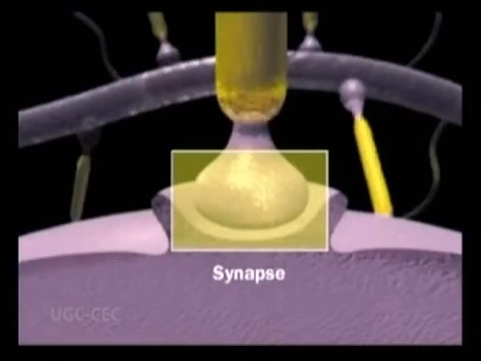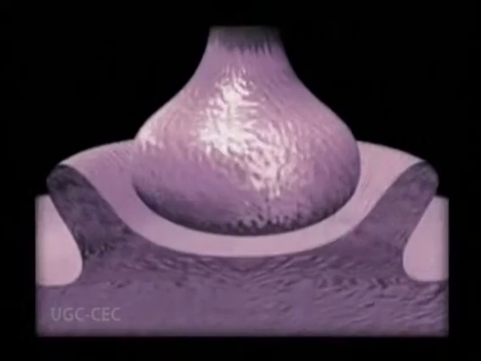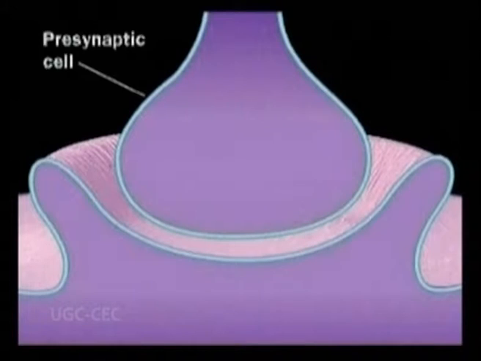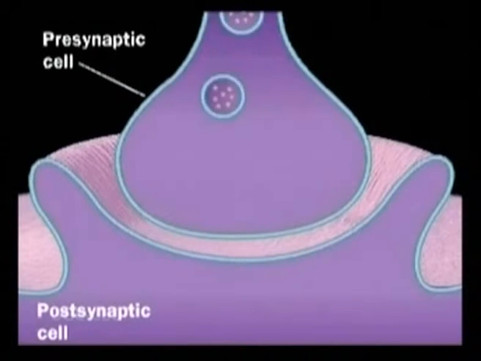Synapses are points of impulse transmission between the neurons. Impulses are transmitted from presynaptic neurons to the postsynaptic neurons. Synapses usually occur between the axon of a presynaptic neuron and a dendrite or cell body of a postsynaptic neuron. At a synapse, the end of the axon is swollen and referred to as the end bulb or synaptic knob.